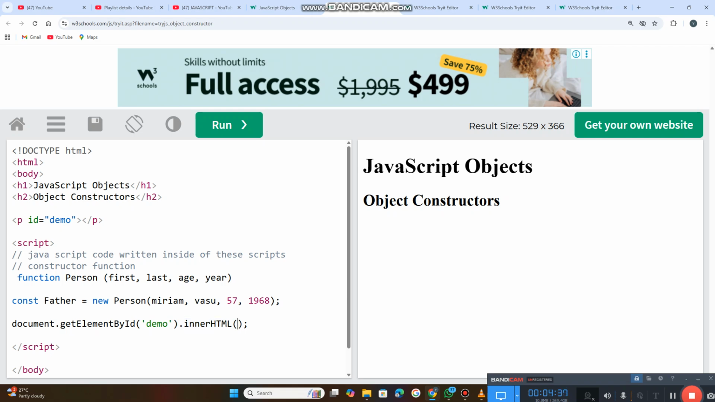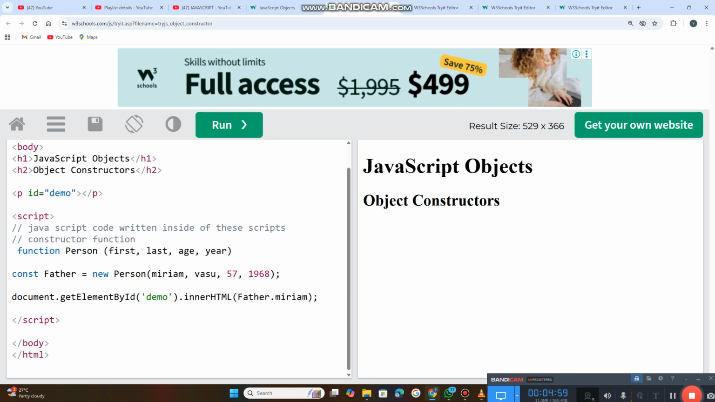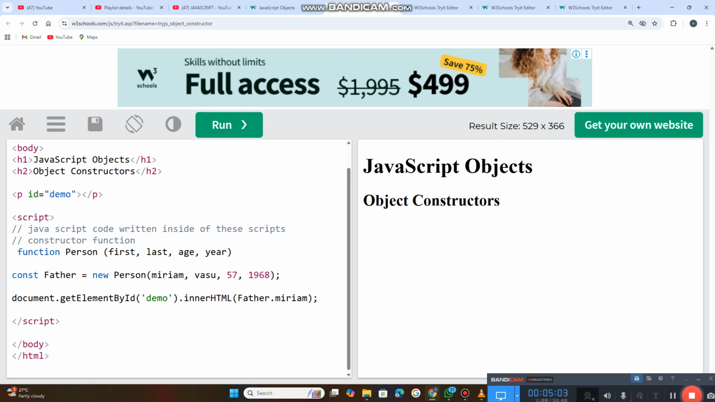So inside of this, if you want to display that object, what is that object? Here the object is father dot Miriam. Okay, so let us see what happened, whether it will be displayed or not. Otherwise we need to check back the code. So first of all, what,